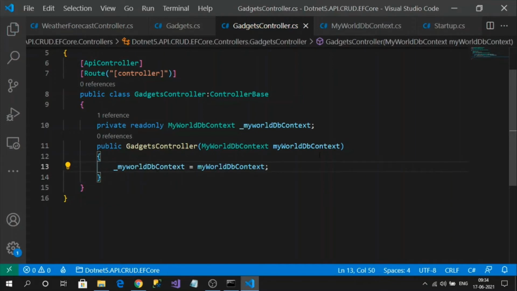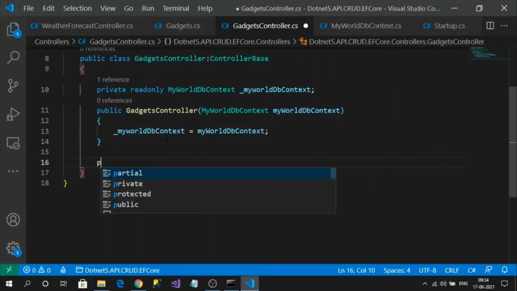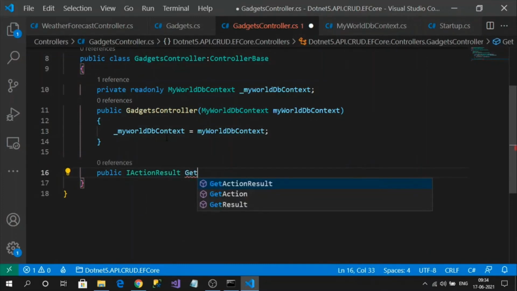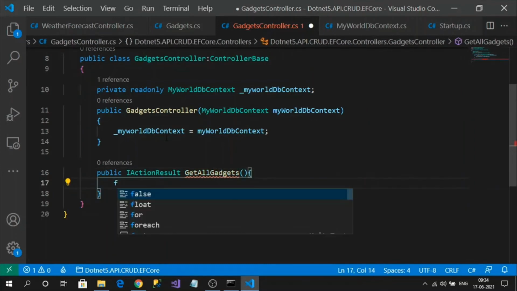Now let's see what we will do. I have some dummy data in my database. So first we will do a read operation. For the read operation, let's create an action method. Okay, this is my action method.